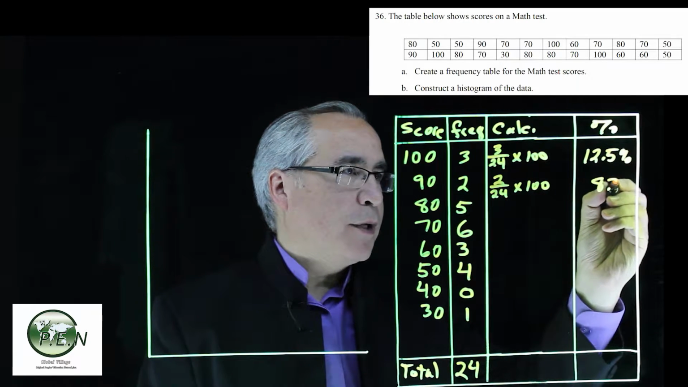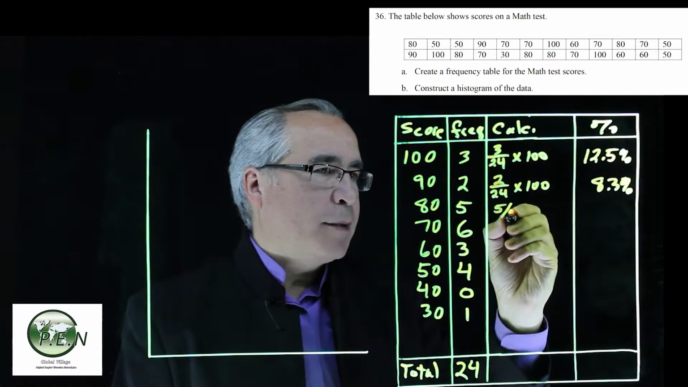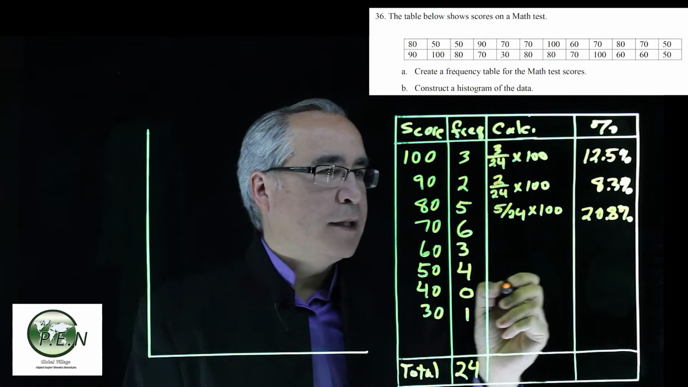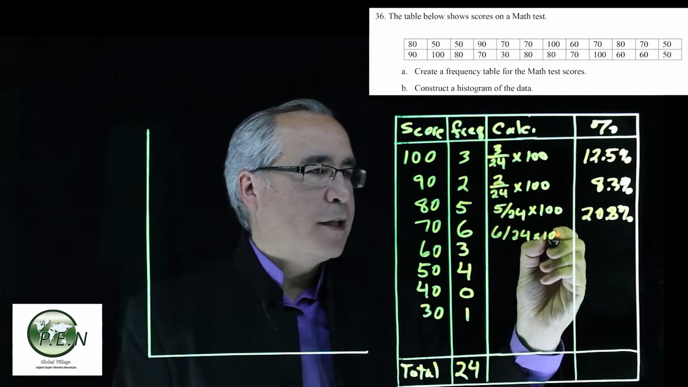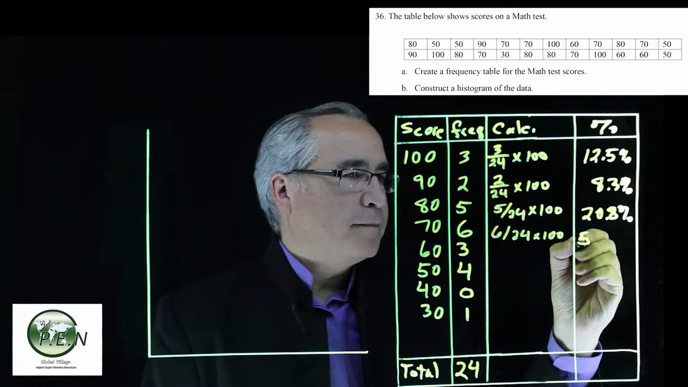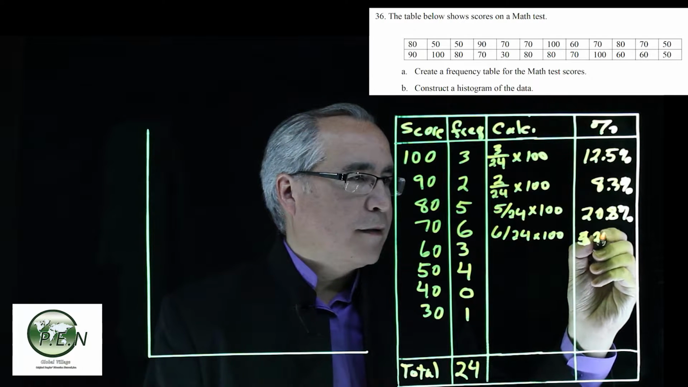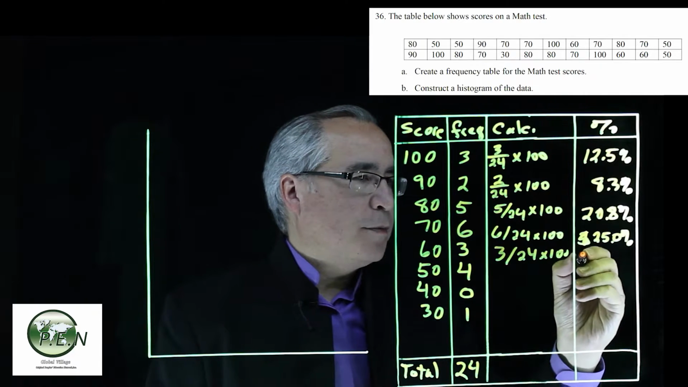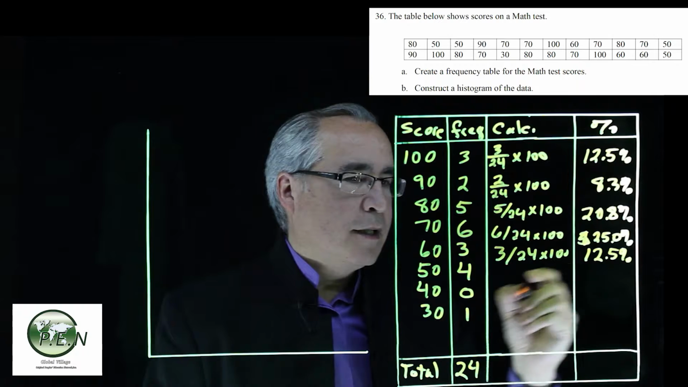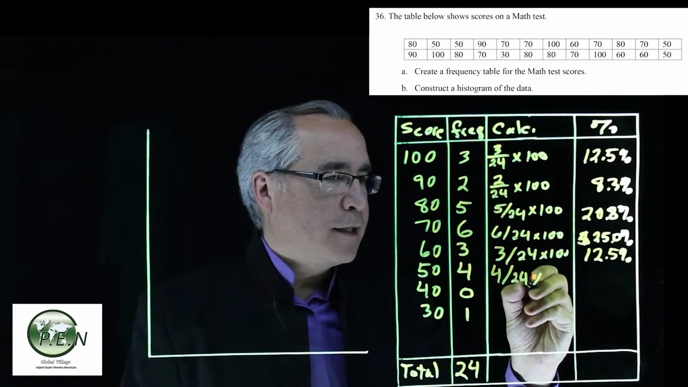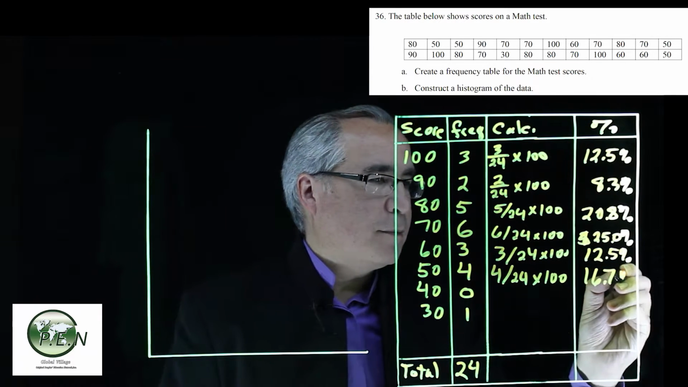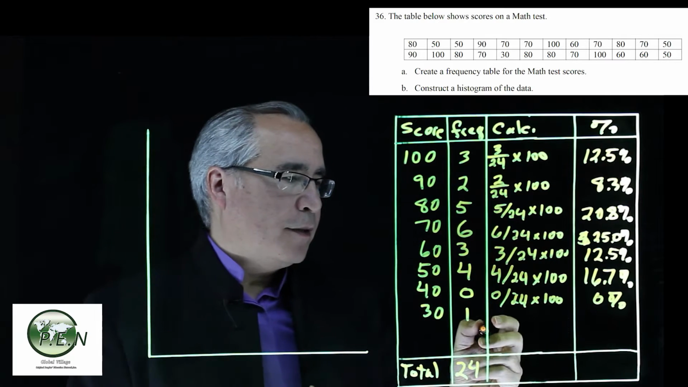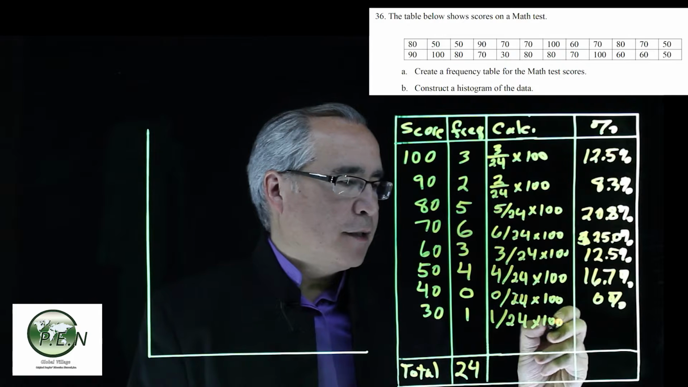That gives us 8.3%. 5 divided by 24 times 100, and that's going to give us 20.8% rounded. 6 divided by 24 times 100 gives us our 25%. 3 divided by 24 times 100 gives us 12.5%, just like we had with the hundreds. 4 divided by 24 times 100 gives us 16.7%. 0 divided by 24 times 100 gives us 0%. And 1 divided by 24 times 100 gives us